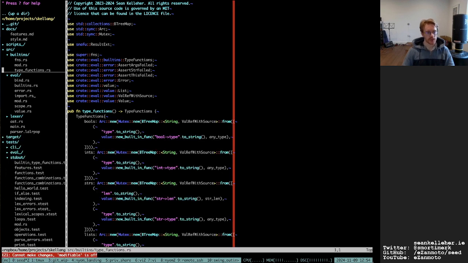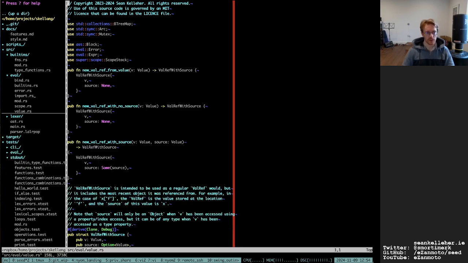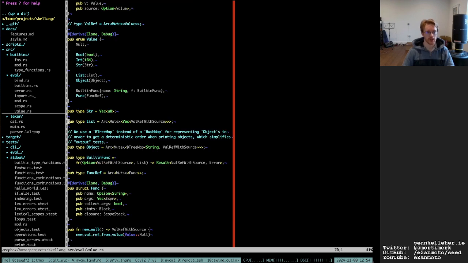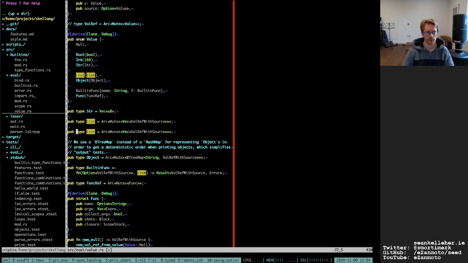And I'm also going to do the same with object and list, where they're going to be list ref and object ref. So list is now going to be the thing that gets pointed to, and the pointer type is going to be list ref. And now we could abstract this and make it arcmutex t, but